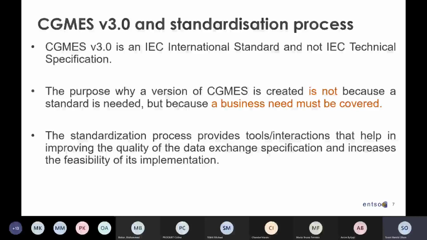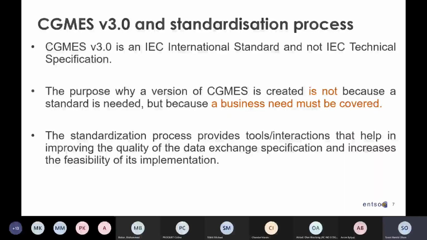And we have also now consolidated it with all the 400 series of standards, even though not all of them are yet available for download, but they are all in the process. One of the things is that we're making the CGMES an international standard and no longer a technical specification.